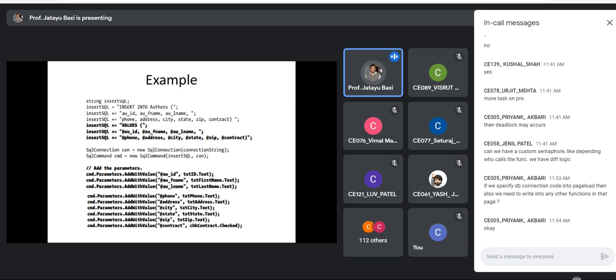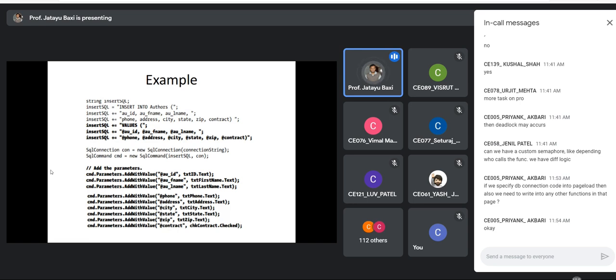So I have to tell that this @author ID is actually the value of textbox ID dot text, or author first name is the value from textbox first name dot text, etc.